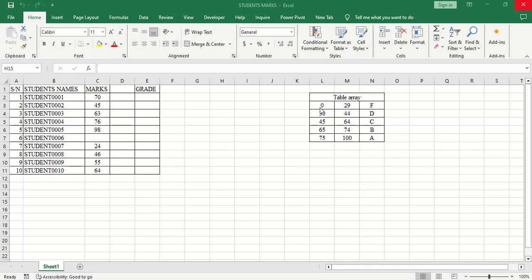the values or the numbers which lie between 0 to 29 inclusive are supposed to be F. The same applies to those numbers which lie between 30 to 44 inclusive, supposed to be D. And this continues to 100. So under this table array now, let us see how to